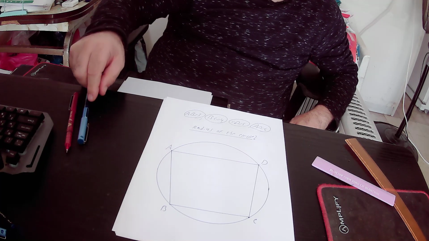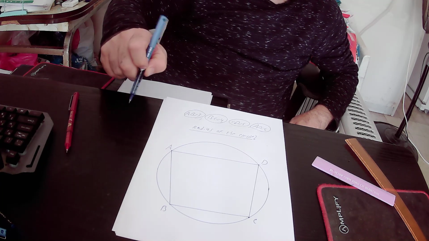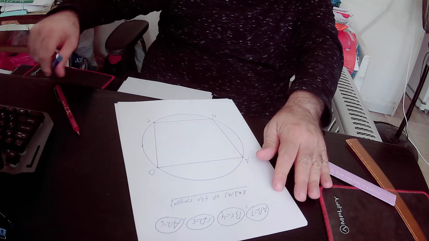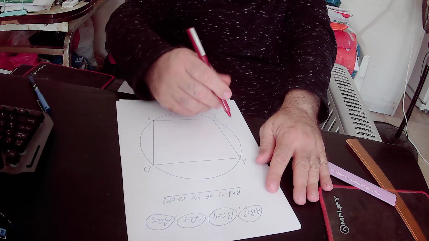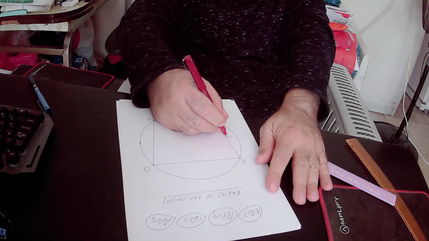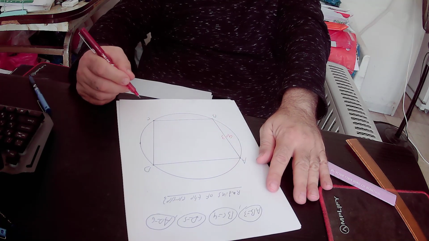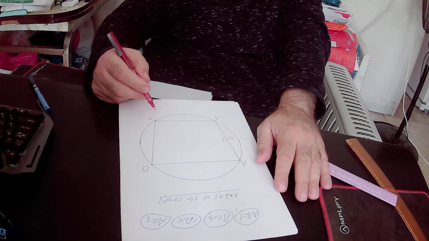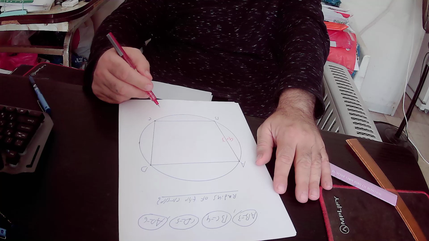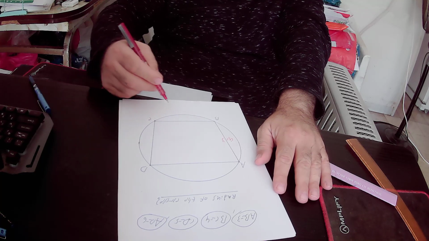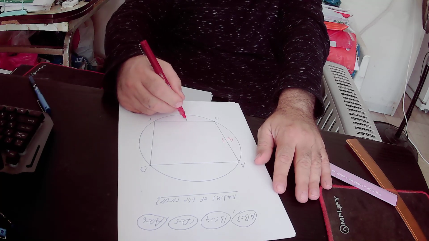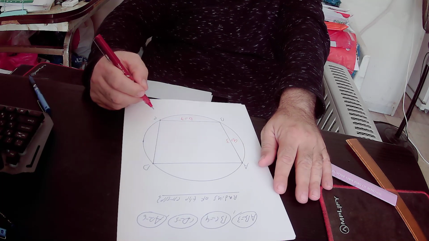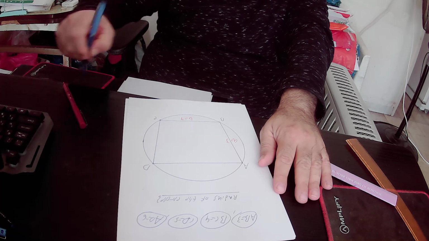So we will define side AB as A, and we know that A equals 3 units, and we also know that side BC of quadrilateral ABCD equals 4 units. So we'll define side BC as B, and we know that B equals 4 units, and we also know that side DC